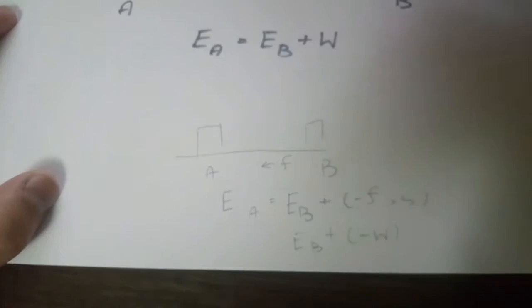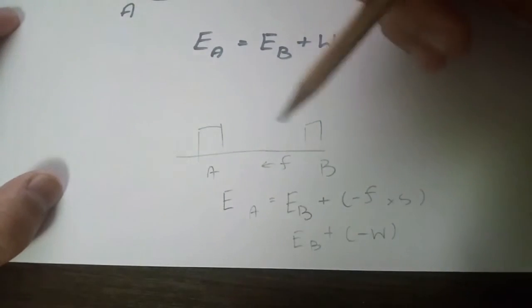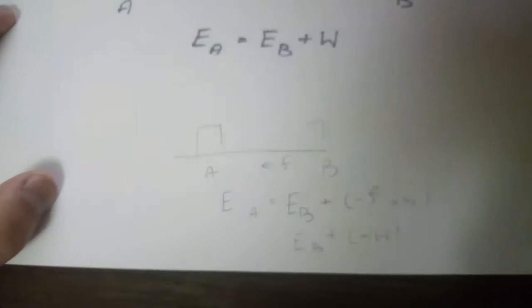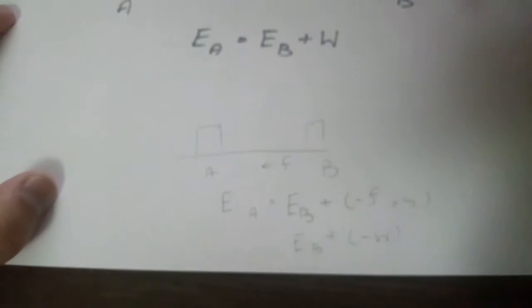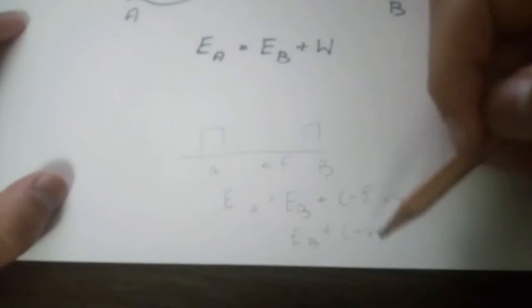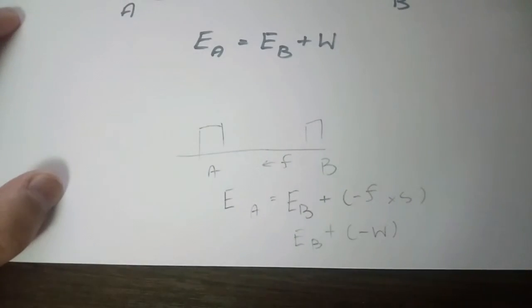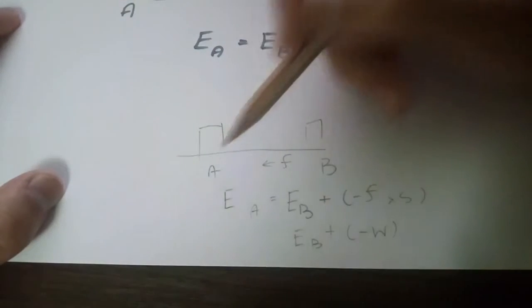It's moving from A to B, but the friction force is trying to make it move from B to A, so it's in the opposite direction, so the friction becomes negative and the work also becomes negative. Negative work means the energy is not the same at A and B. It decreases